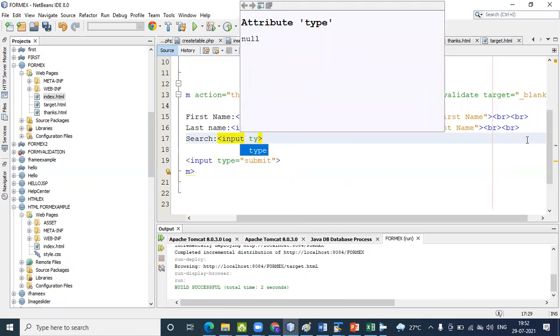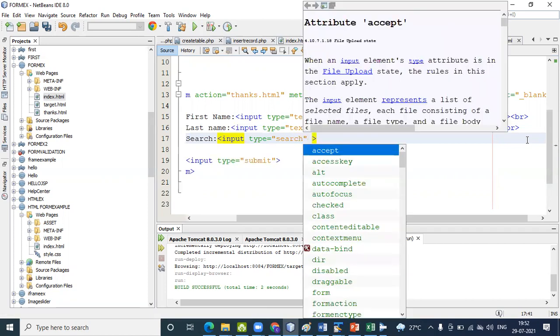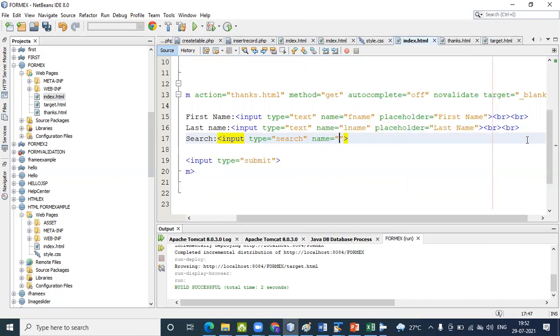Input type is equals to search. Name is equals to search. Okay, now run the file.